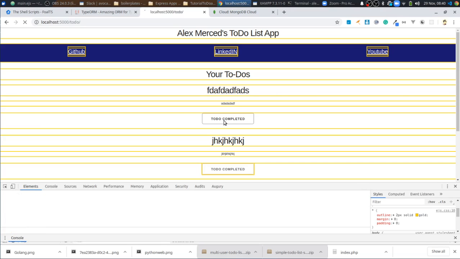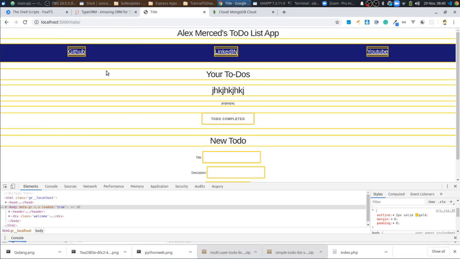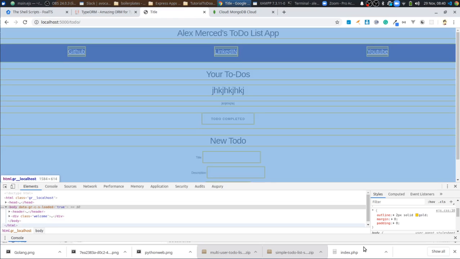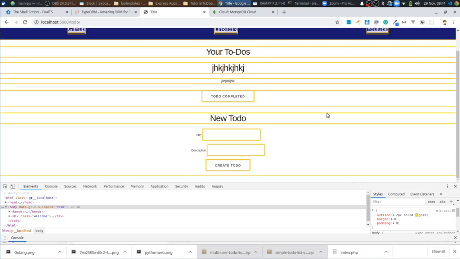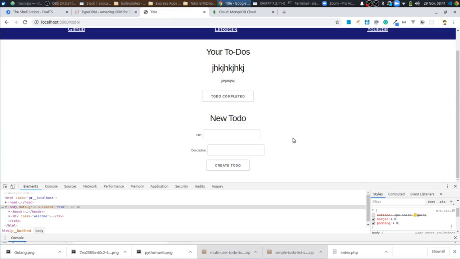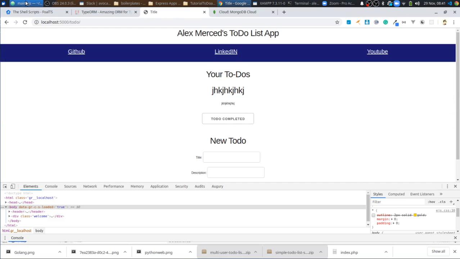And it works! So theoretically, this is essentially the basic functionality of being able to create a user, log in, create a to-do, mark a to-do completed, or get rid of the to-do. It works. Again, you can style it, make it prettier. Now the things we can do